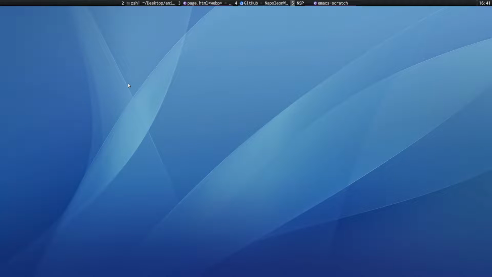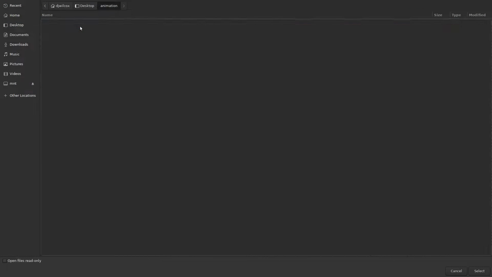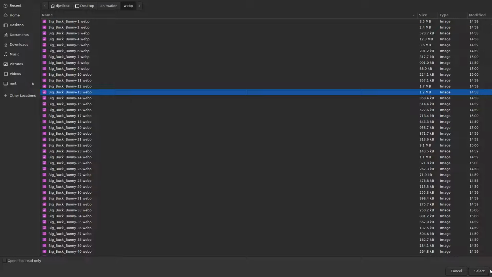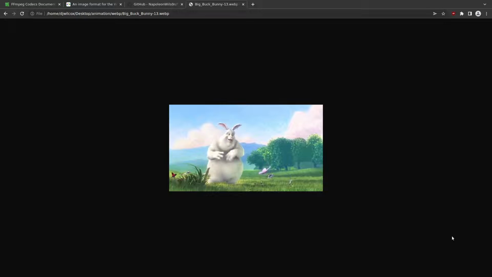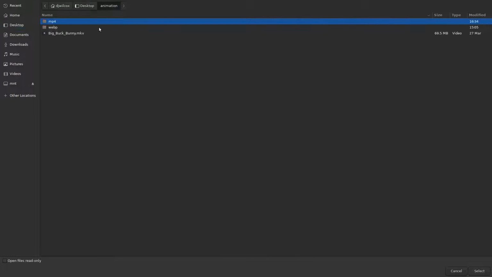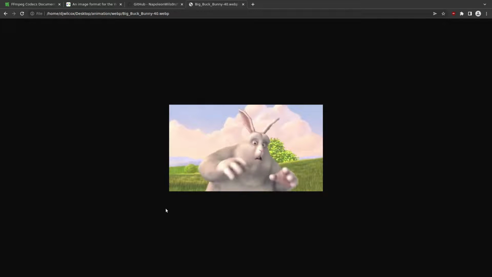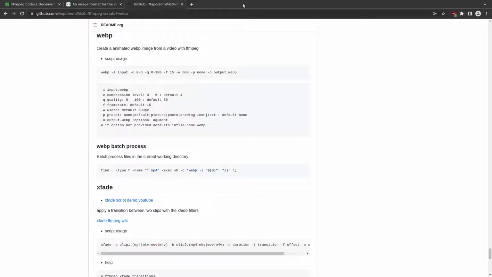And again, you can use Chromium or Firefox as a viewer. But it's just a bit of a pain because you've got to come through and select them like this. So it's a bit of a pain to do it. But it's a good test to see how Chrome or Firefox will actually render the image, display it in the browser. So that's the gist of